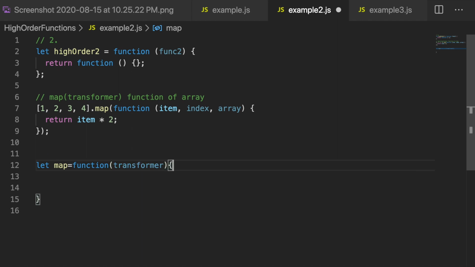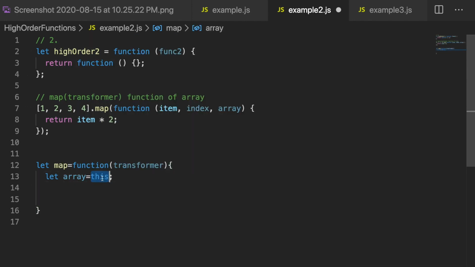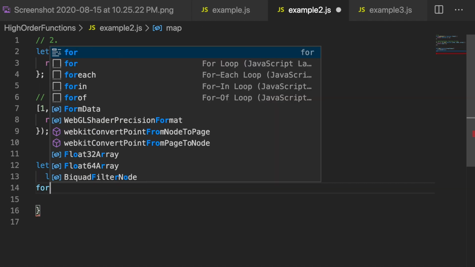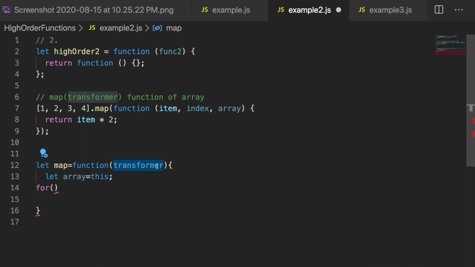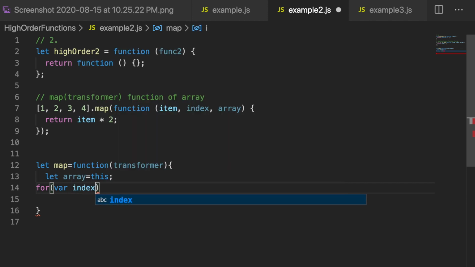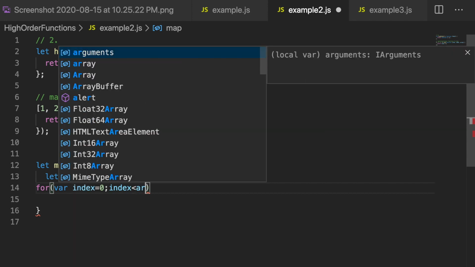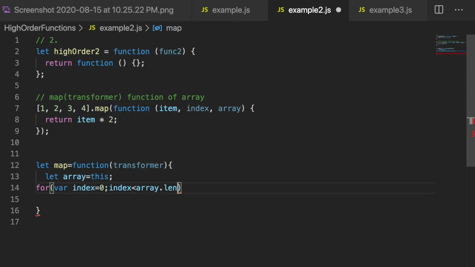Now, since we'll be calling this map function on an array, we can refer to the array as this. This would hold the reference to our array. Now we have to run this transformer function on each element of the array, right? So let's take an index which starts from 0 and goes till the array's length.